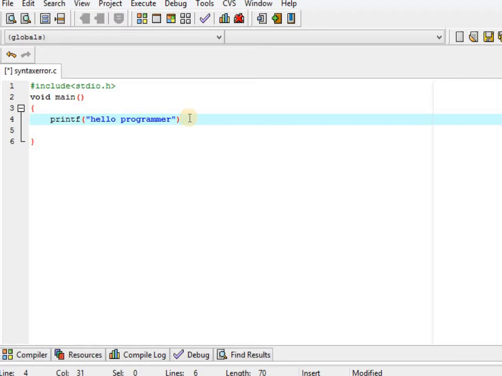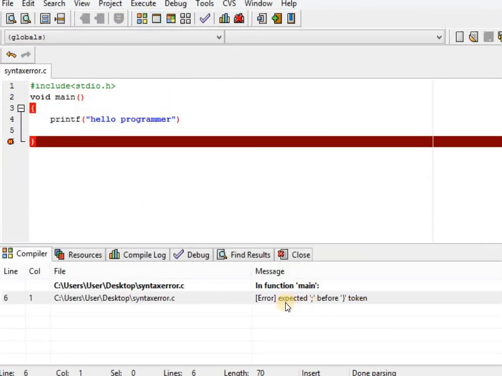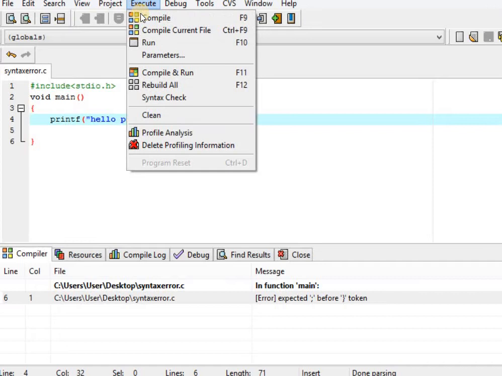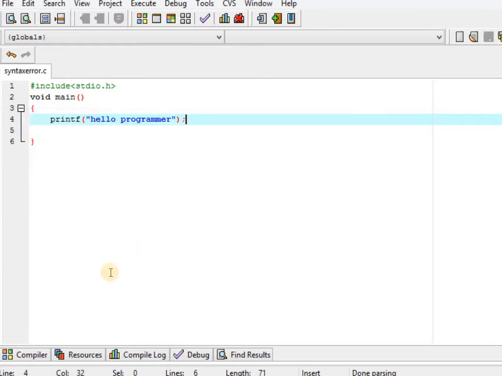If you forget this semicolon, the compiler will show an error like this at compile time: expected semicolon before curly brace. So you have to put the semicolon to remove the error. Put the semicolon and compile it again. At compile time there is no error. So basically, the errors shown at compile time are syntax errors.